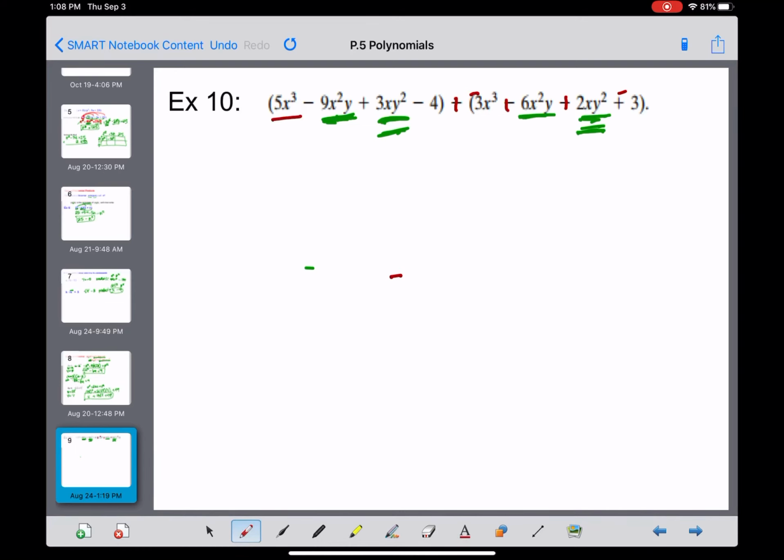And then you will end up with the 5x to the third minus 3x to the third, which is 2x to the third. And then minus, we have a -9 plus 6, so -3x squared y, plus 3 plus 2, which is 5xy squared, and then